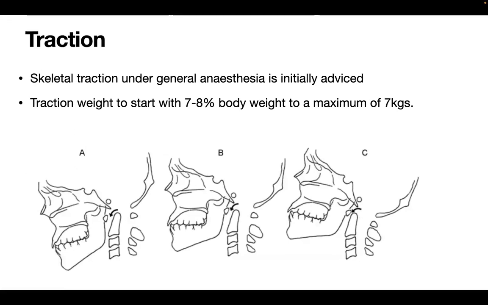Skeletal traction under general anesthesia is initially advised. Traction weights are started at 7 to 8% of the body weight, to a maximum of 7 kgs. Traction mainly involves 3 phases. Image A shows the initial distraction phase, where the head is kept in slight flexion with the C1 ring opposing the odontoid, so that it avoids hitting the spinal cord during the traction maneuver. The second image shows the realignment phase, where the C1 vertebra slips back over the odontoid, and the third image shows the